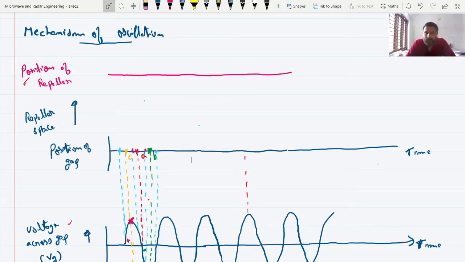In today's video lecture, we will see the mechanism of oscillation of the reflex klystron oscillator. In the last class, we discussed the construction of the reflex klystron, which mainly consists of a single cavity and all other things similar to that of a two-cavity klystron amplifier. But the additional thing here is one repeller electrode, which is connected